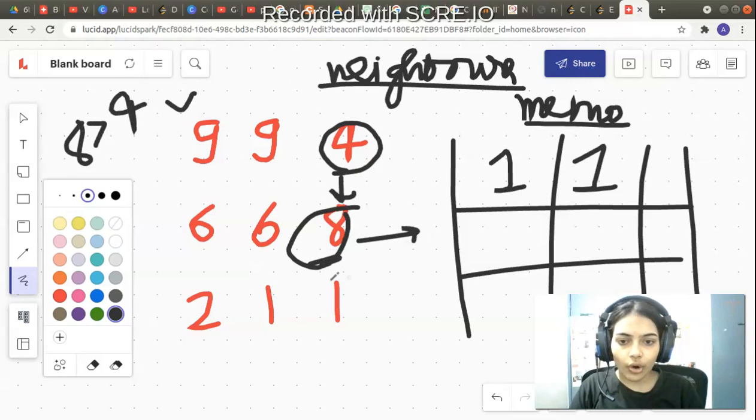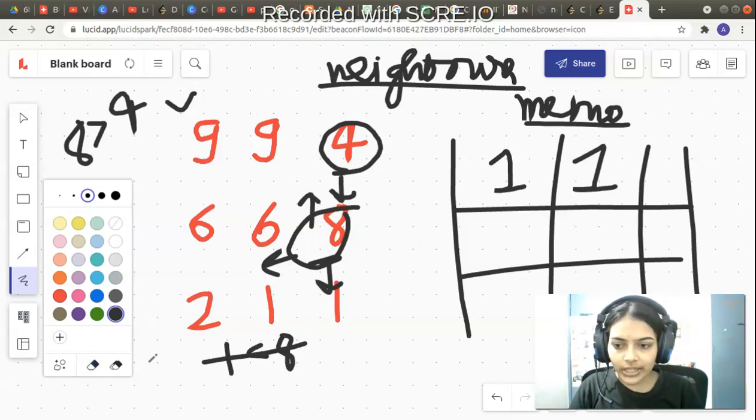Now 8 is going to call all of its neighbors. Okay, let's say we have entered the recursive call of 8. 8 is going to call its right neighbor first. It's going to go out of bounds, so it will return back. It will call its down neighbor. Its down neighbor is 1. 1 is less than 8, so its down neighbor is useless, so it will just return back the function call.